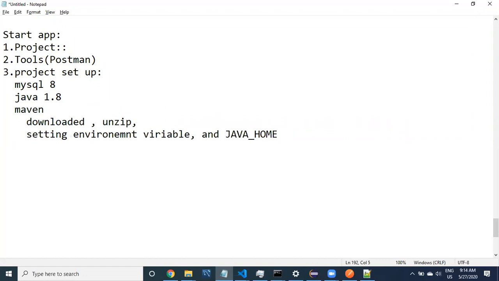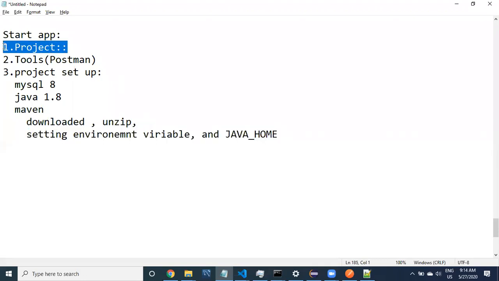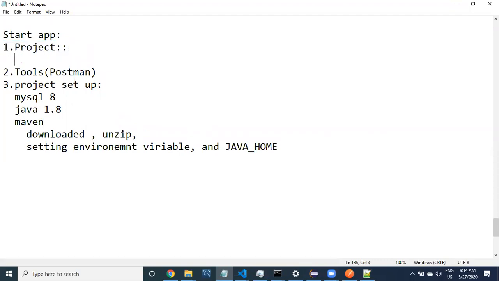If you set these two, our system is going to get ready for running the application. I'm going to give you the project, and you can run the project. Of course, while running the project, we have to run some commands. I'm going to tell you those commands, guys, don't worry about it. Now, setting environment variable and the Java home. Whenever you see this, it is going to look something like Java home, and then setting environment variable here.